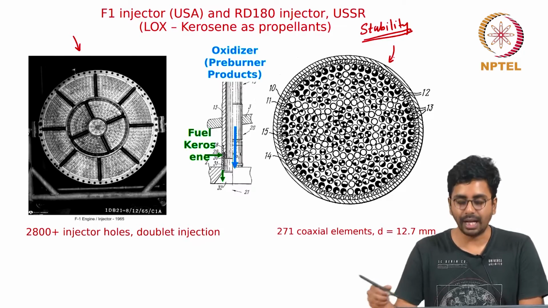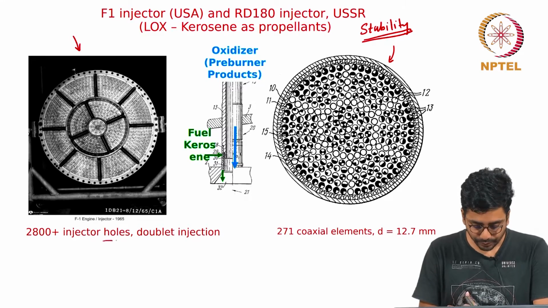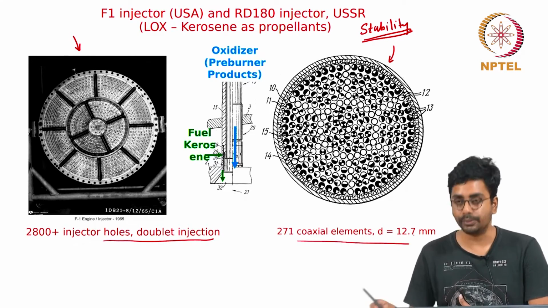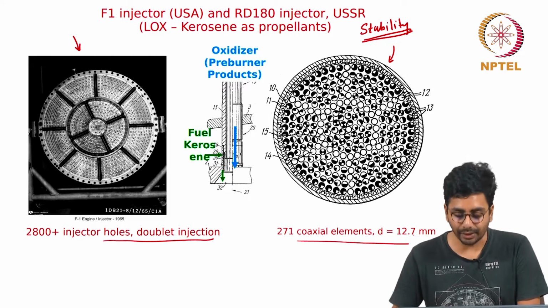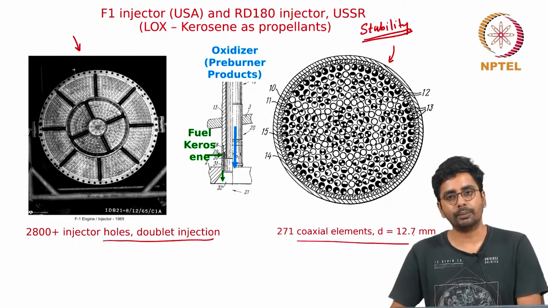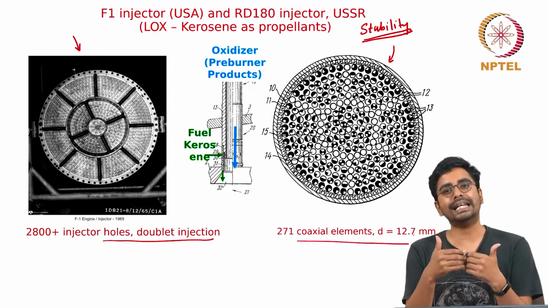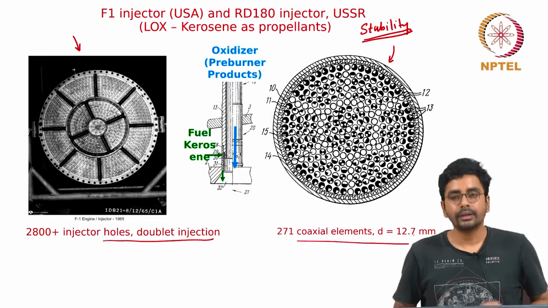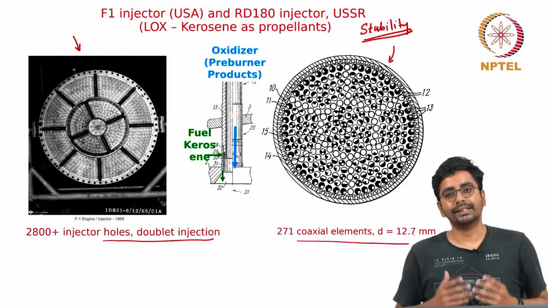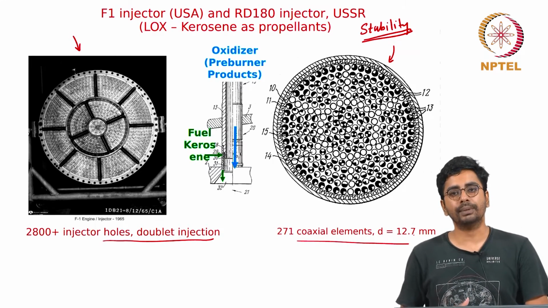On the other hand, the Russian system, the RD-180, which is shown on the right, uses coaxial injectors. This uses impinging injectors, this uses coaxial injectors, which maintains a much more uniform distribution of mixture ratio in the lateral direction. That is one advantage. The other advantage is because the fuel and the oxidizer are not impinging and creating a very intense reaction zone close to the injector plate, since they are flowing coaxially, the heat release zone is distributed in the axial direction and it is also uniform in the lateral direction, preventing coupling with the acoustic